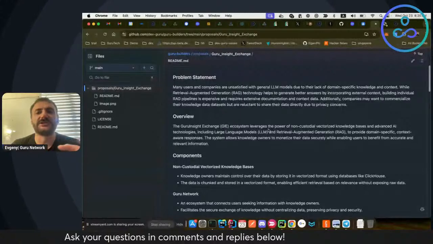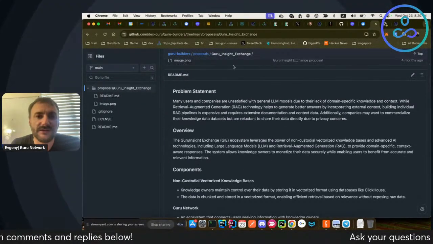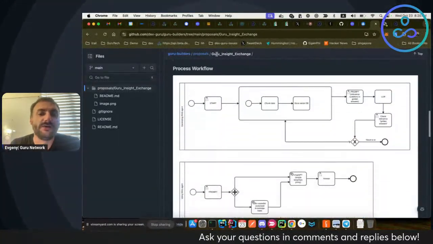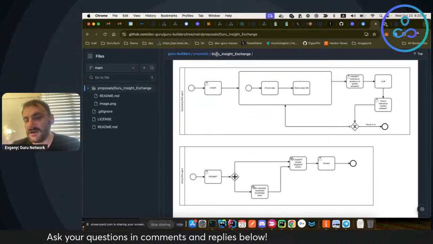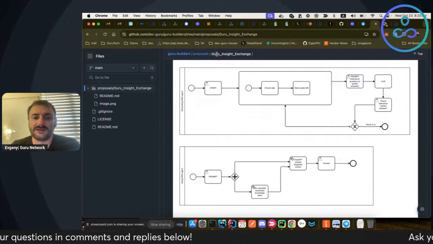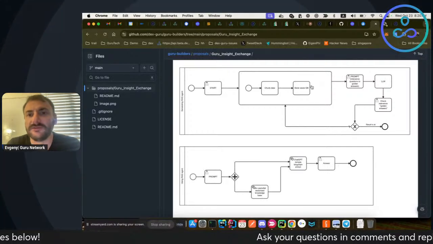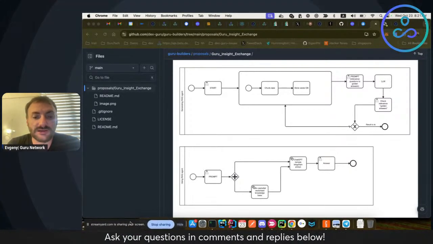We are interested in that use case as well, because that's the exact use case we are declaring in this proposal for Guru Insight Exchange. We ourselves are working on the backend portion of it, but any kind of front end focused mechanics which we can hook this infrastructure into is kind of interesting as well. And again, we are looking for people with good ideas.